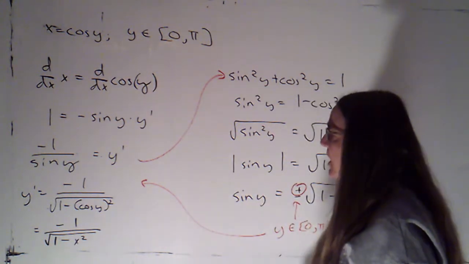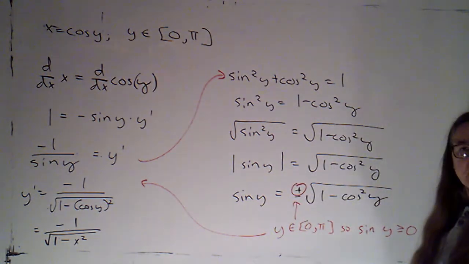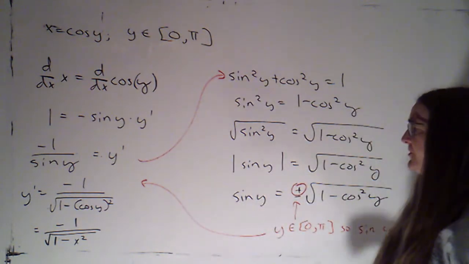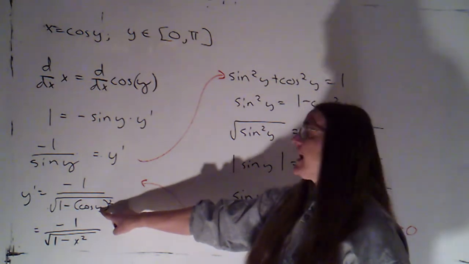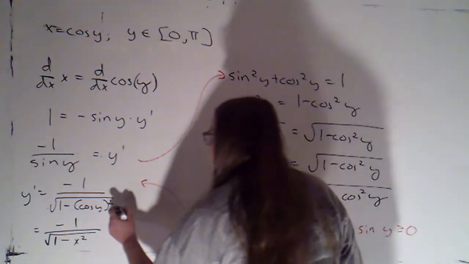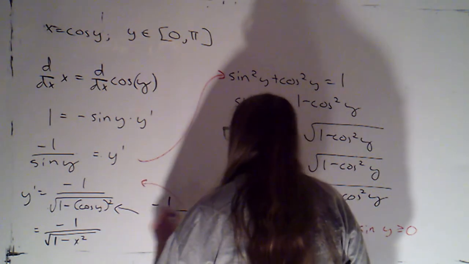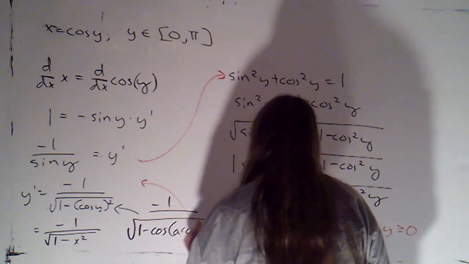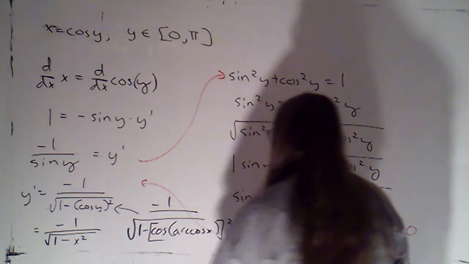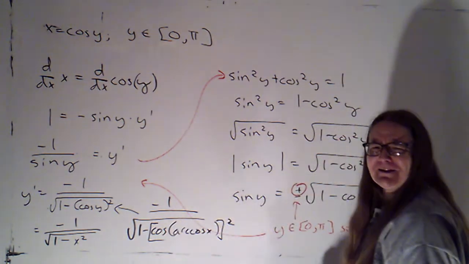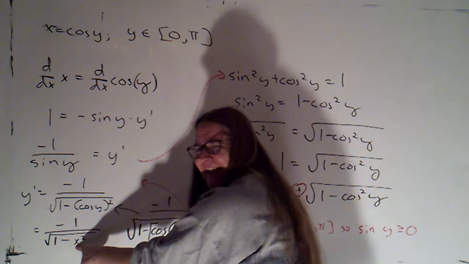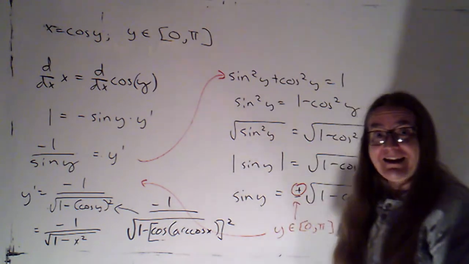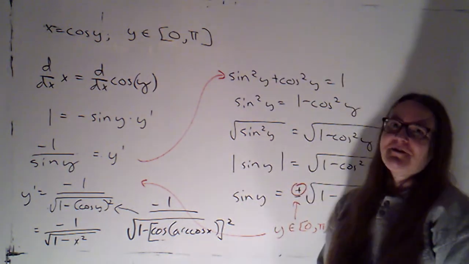Just one quick note. I said that you should simplify this so that you didn't have any trig or inverse trig. And if you followed these steps, you were never really tempted to have trig or inverse trig if you knew that you were trying to get rid of the y's. Another way that you could have gotten rid of the y's is you could have said this is negative 1 over root 1 minus cosine of y, where y is arc cosine of x, and that quantity is squared. I don't want you to write it this way. Cosine of arc cosine of x is just x. That's definitely the simpler way of writing it. So rather than replacing y with arc cosine of x, replace cosine of y with x.